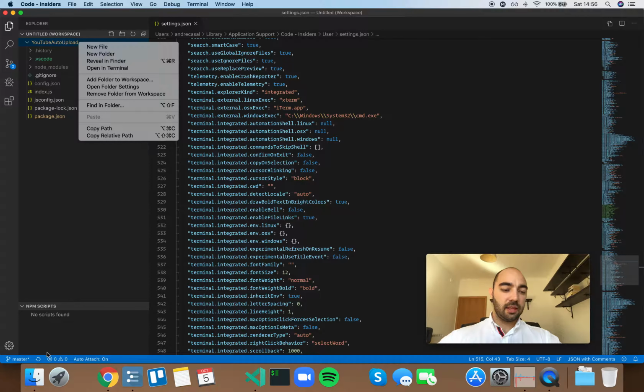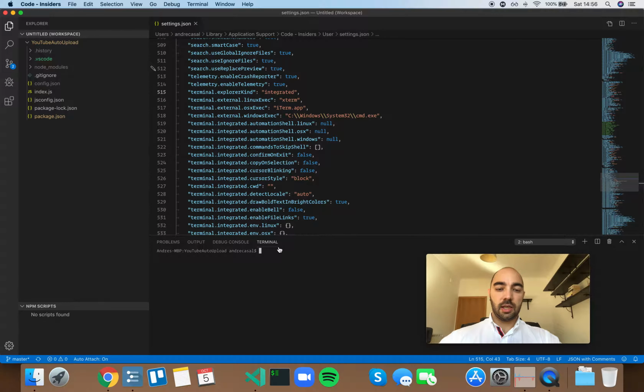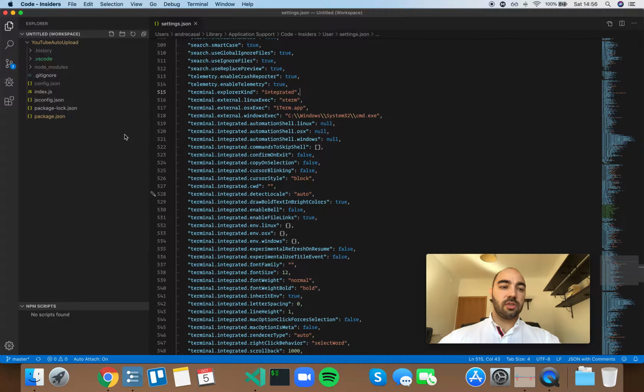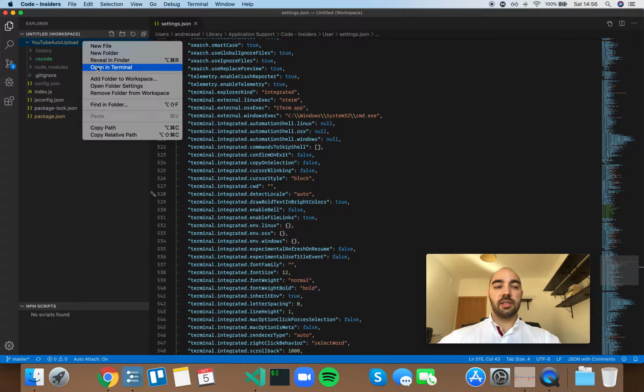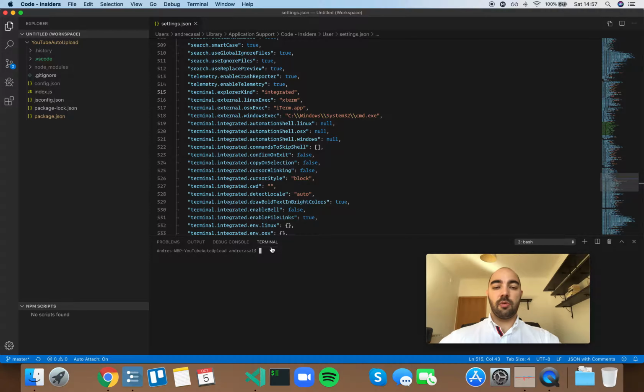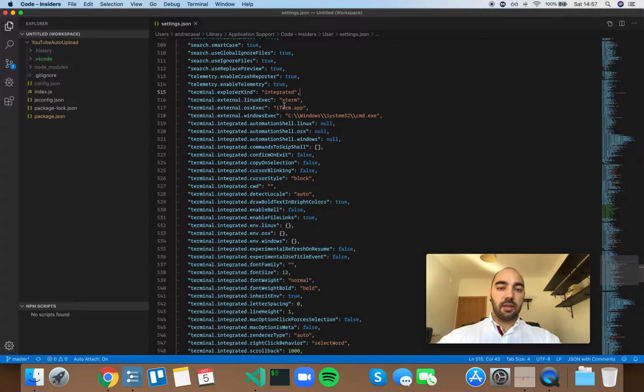It has nothing to do with this terminal right here. It's not going to change anything here. It just changes what happens when you click this option. So because it's integrated, if you try and open that in the terminal, you're just going to open the integrated terminal. If you change it to external, and by the way, this is not iTerm by default, this is terminal